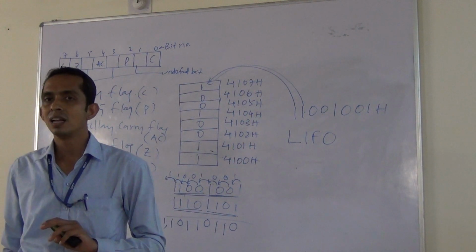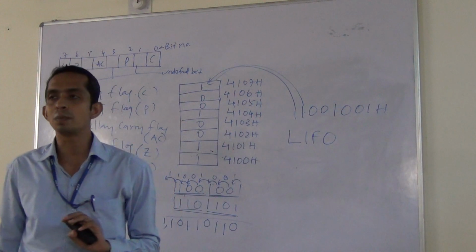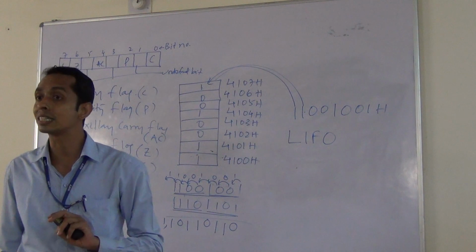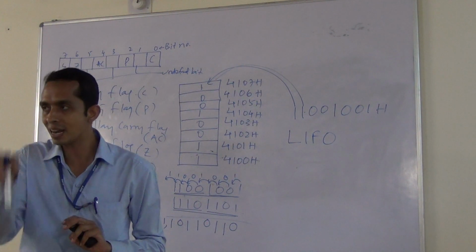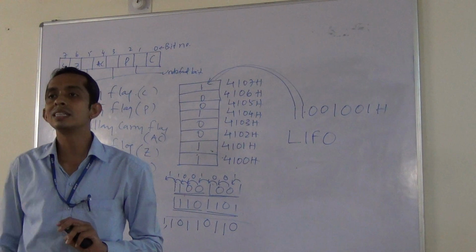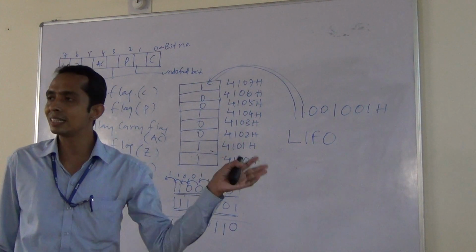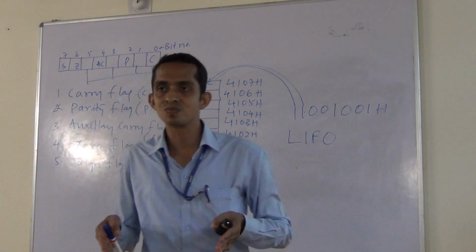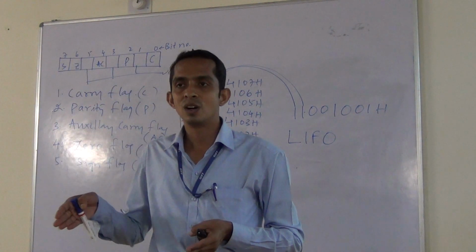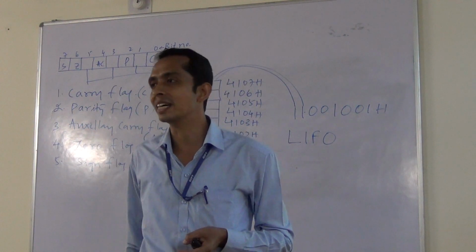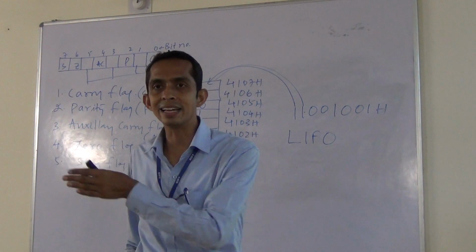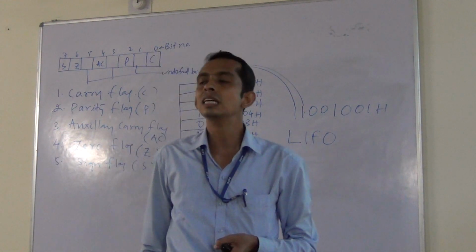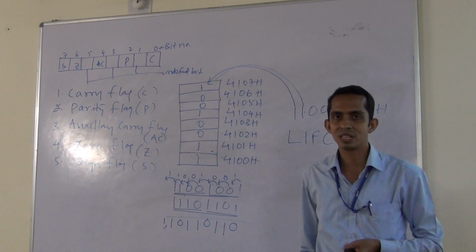But the thing is that in this microprocessor 8085, a total of 16 lines are required to carry the address content because the addresses are 16-bit. 16 parallel lines are there to carry the 16-bit address content. And this is an 8-bit microprocessor. It can access 8 bits of data. Its word length is 8 bits. So 8 wires or buses are required to carry the 8-bit data. If you add 16-bit plus 8-bit, a total of 24 lines are required. But that is not physically available in the design. Then how is it possible?